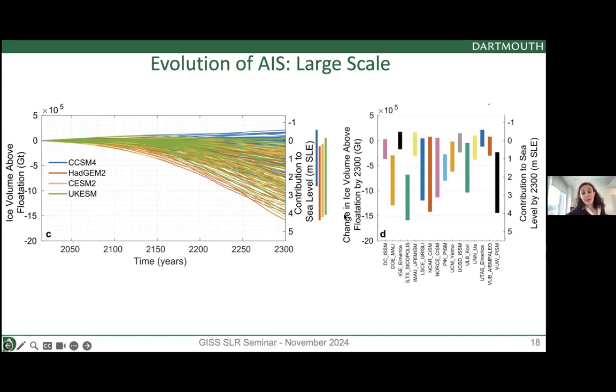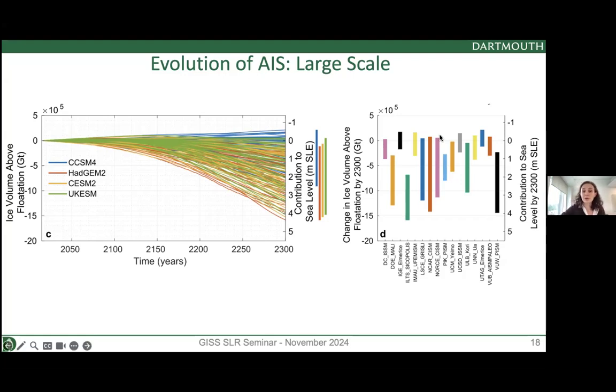So for each ice model, this is just for 2300. You see here at the bottom, for the different ice flow models, the spread of results for all these 4 climate models. Let's take the first one, that's my model: there's a relatively small range of results when you use forcing with these 4 climate models. For other models, let's take the last one, the black one on the right, we see a much wider range of results when we use all these 4 climate models.